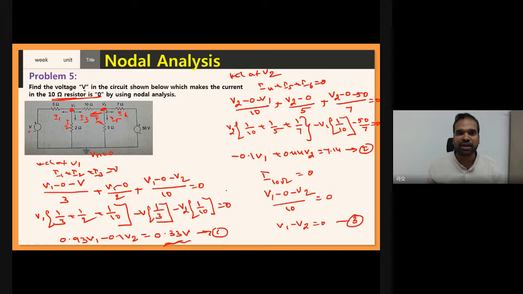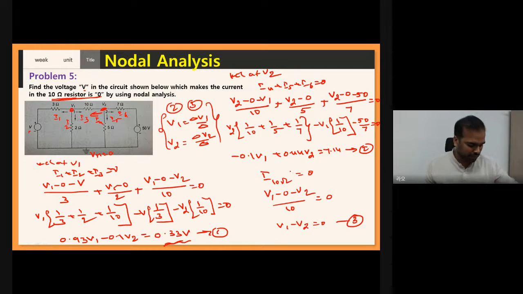Now see, if you want to find V1 and V2 terms, the linear equation should have V1, V2 and a constant. See here in equation 2, V1, V2, constant. So equation 3, V1, V2, constant. So by using equation 2 and equation 3, if you apply Cramer's rule for these two equations, you can find V1, that is delta V1 by delta, and you can also find V2, that is delta V2 by delta. But from equation 1 and equation 2, you cannot find that because in the constant value you have 0.33 V.